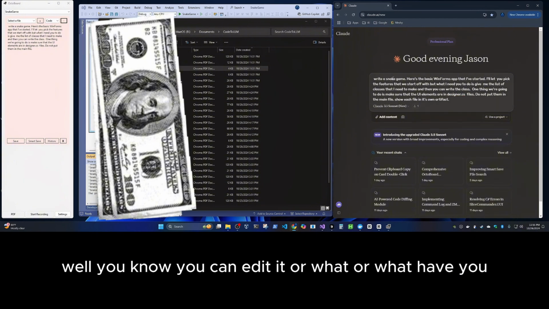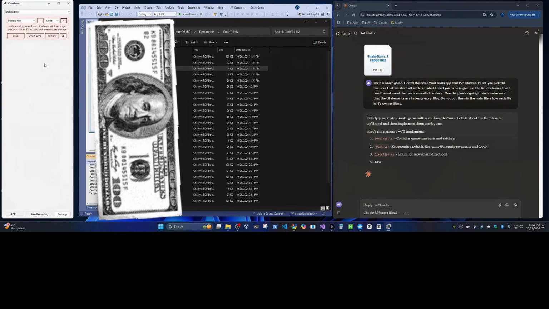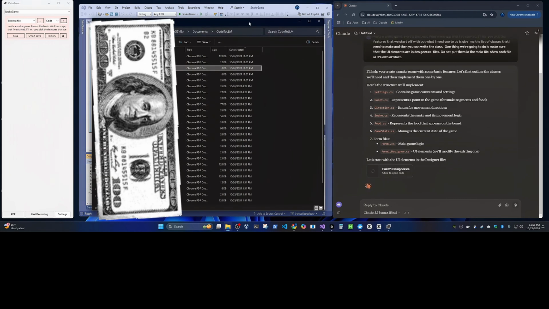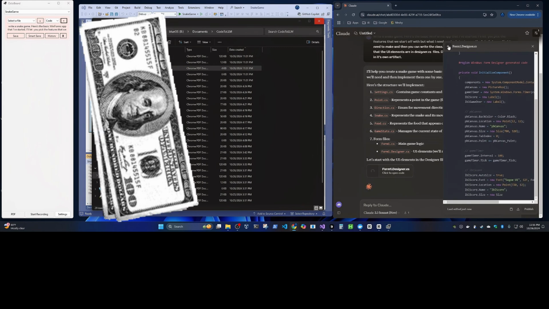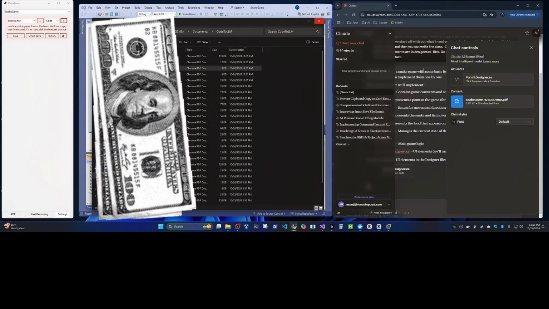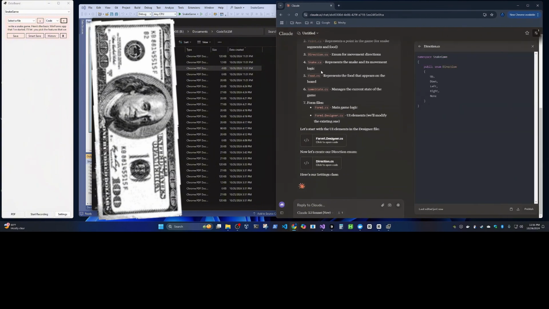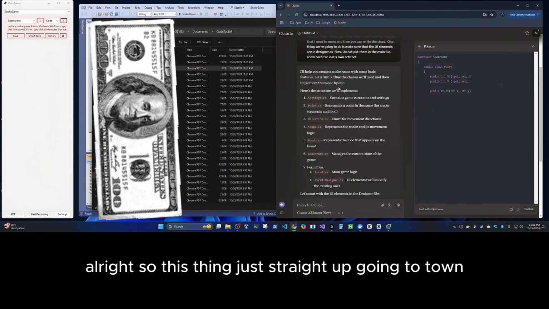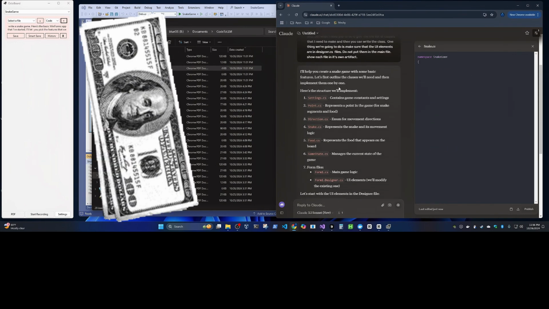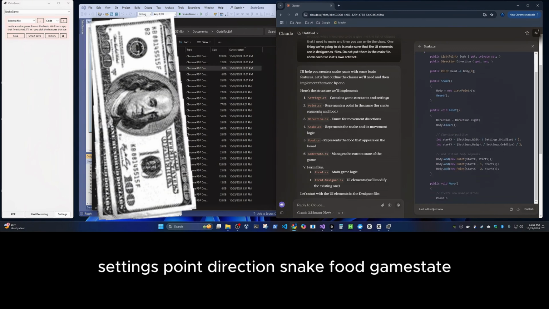You know, you can edit it or what have you. So this thing's just straight up going to town. Settings, point, direction, snake, food, game stat.